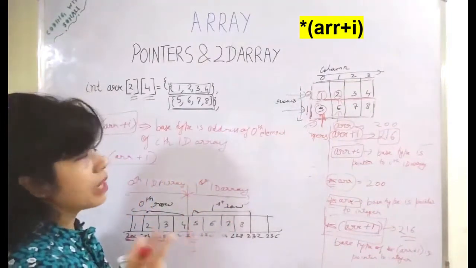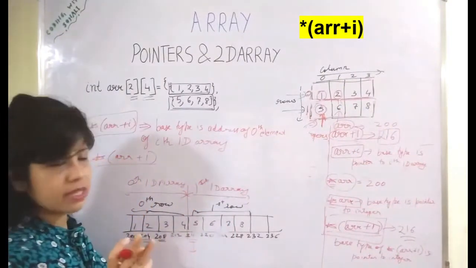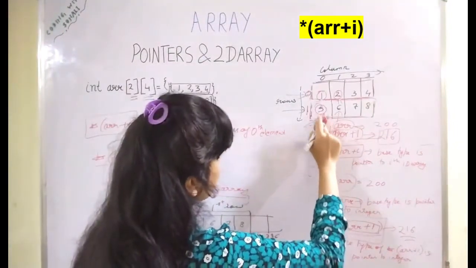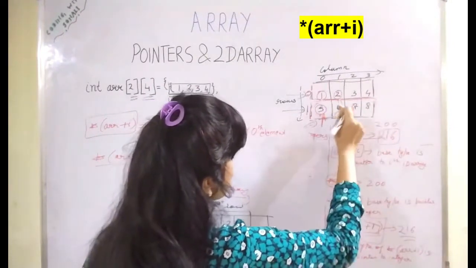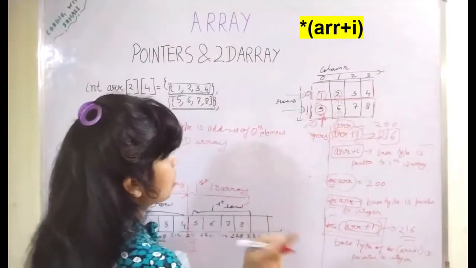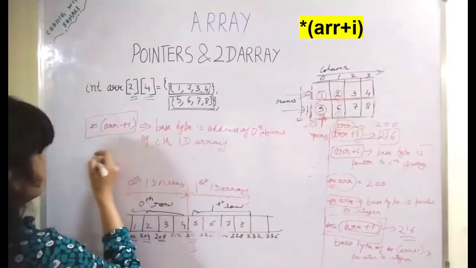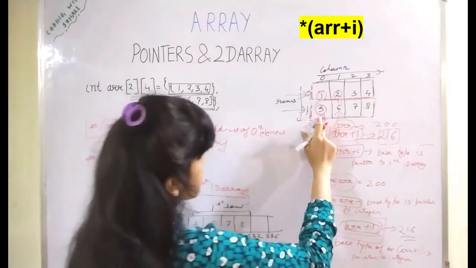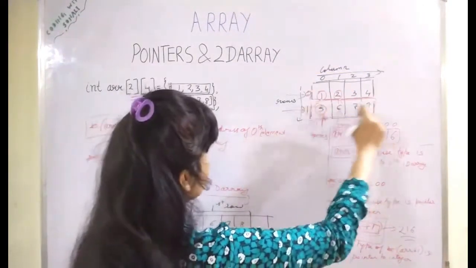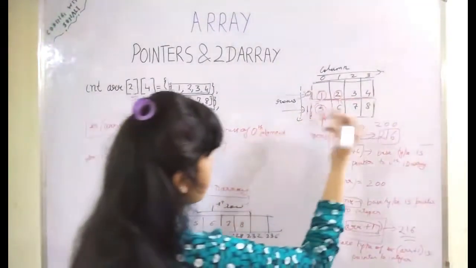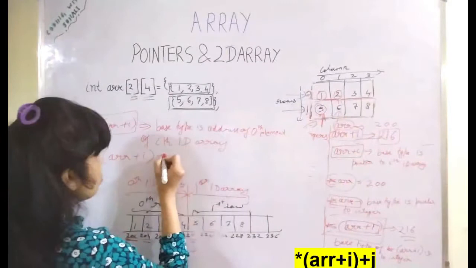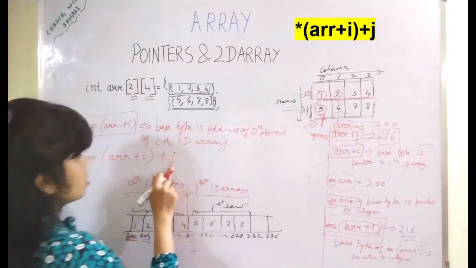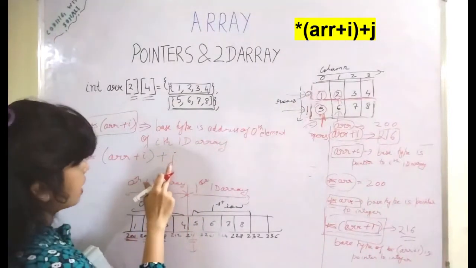Therefore we require one more variable j, since finally we have to access the array elements using these pointers. I have the address of the 0th element of this first 1D array. To reach the next element, I will use one more variable; I have to increment one time. Till this we are getting the address of the 0th element of the ith 1D array, right? So to access the other element, I will use one more variable, that is j. This j can be anything. It can be 1, it can be 2, it can be 3.